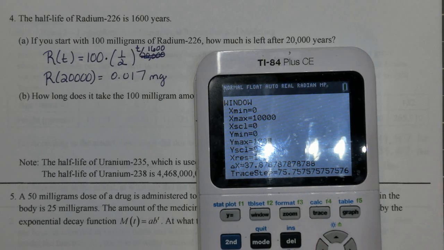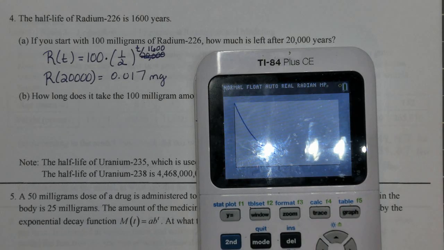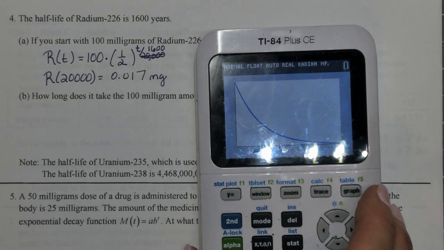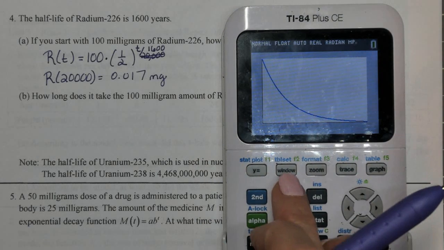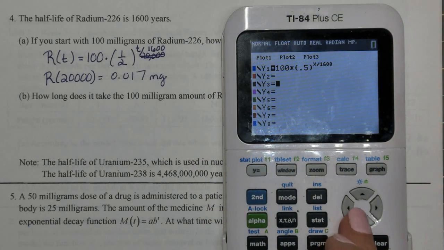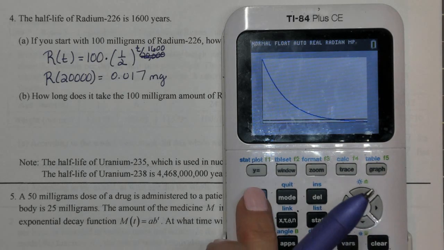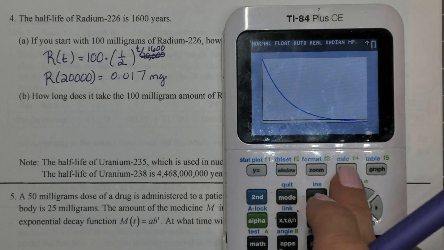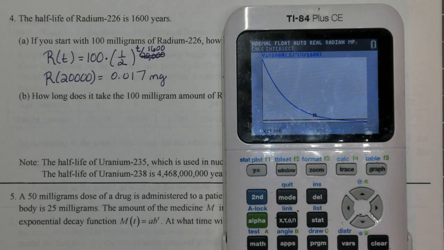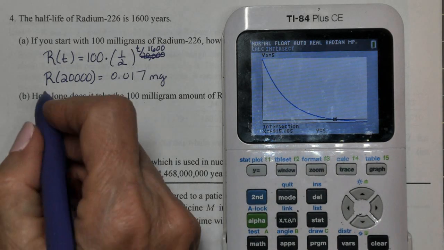Okay. Alright, there's my graph, and I want to see when will that graph be 5 milligrams, so I'm going to put 5 in under another y, and second calc 5, enter, enter, enter, that is